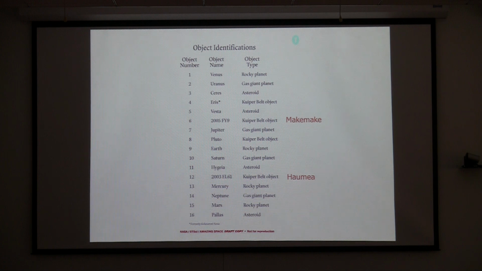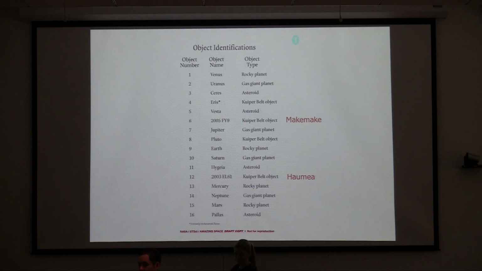We have Venus, Uranus, Ceres, which is the largest of the asteroids, Eris, which is the largest of the Kuiper Belt objects, Vesta, second largest of the asteroids, Makemake, another Kuiper Belt object. Jupiter, Pluto, Earth, Saturn, Hygiea, another asteroid. Haumea, Kuiper Belt object. Mercury, Neptune, Mars, and Pallas, another asteroid. How did I choose these objects? They are the 4 largest objects in each of the groups: the rocky planets, the giant planets, the asteroids, and